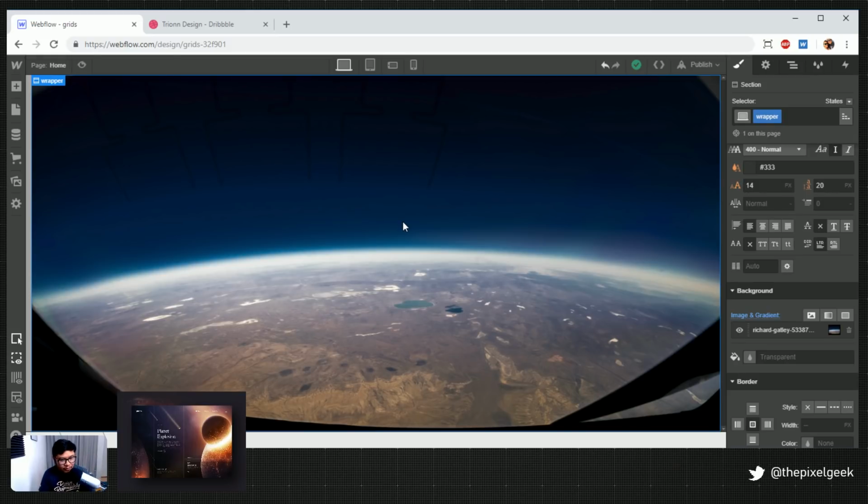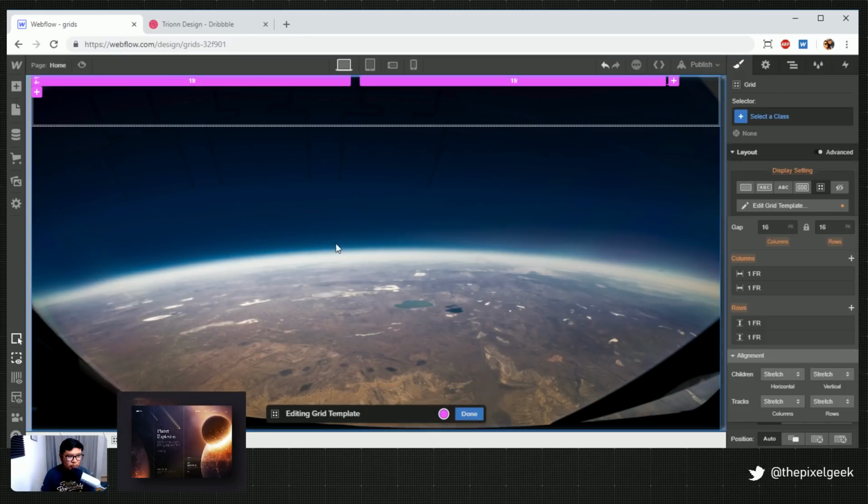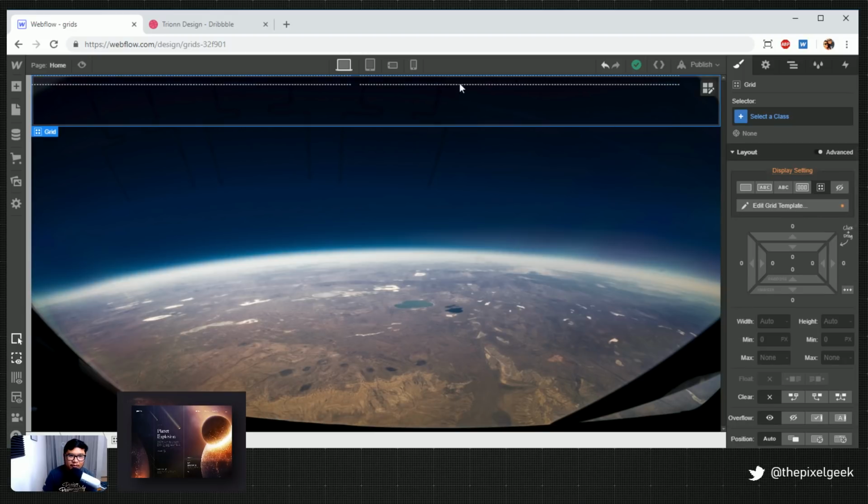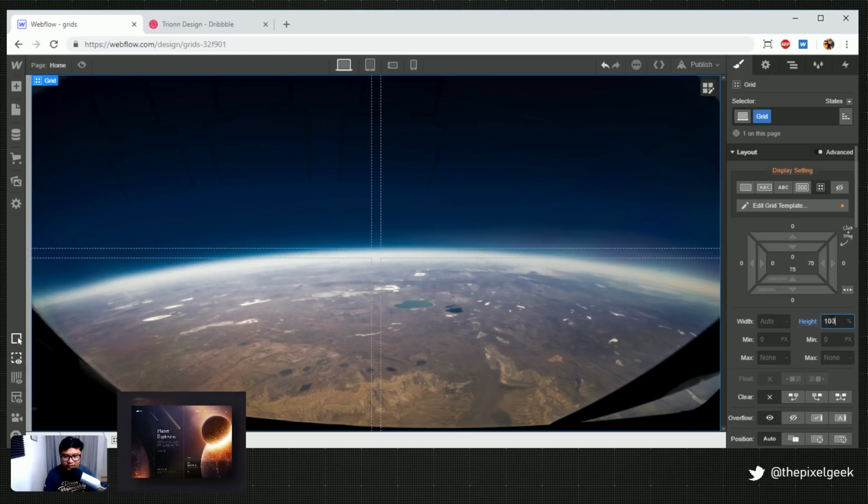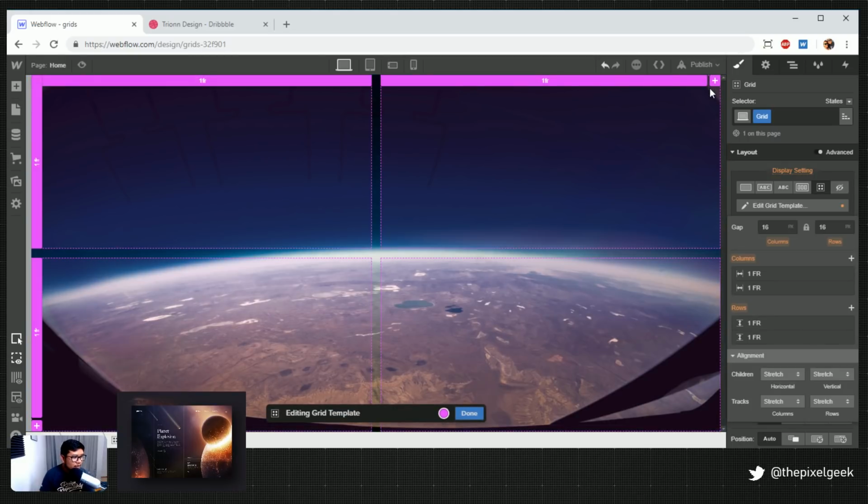Okay. So now that we have our background, let's bring in the grid. Boom. Okay, first thing, you always do in grid, okay? Here's a pro tip: don't edit your grid template. Even though this opens up right away, it gets confusing, because everything collapses. Your 2 rows and 2 columns are there, but you can't really see it. So what you do is click out of it and make the height like 100 VH or 100% of the parent. Now you can see your 2x2. You click on this icon right here, and let's keep going.